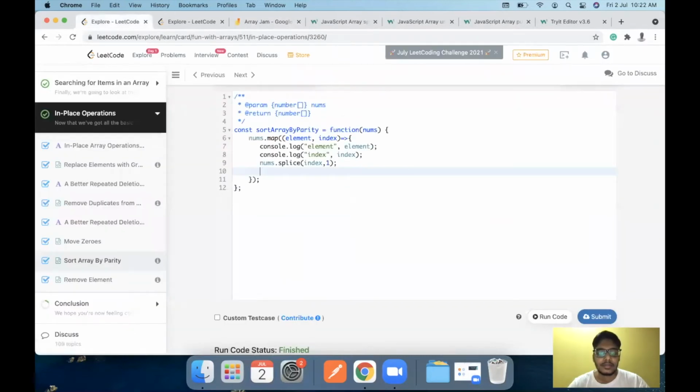So we have if element mod 2 is equal to 0, unshift. Place the element towards the start of the array. Else, push to add the odd numbers towards the end of the array.